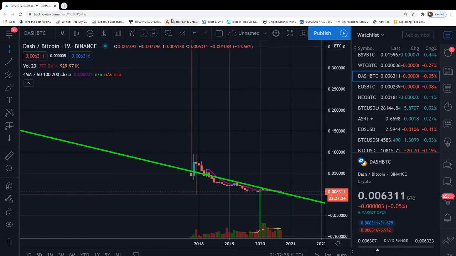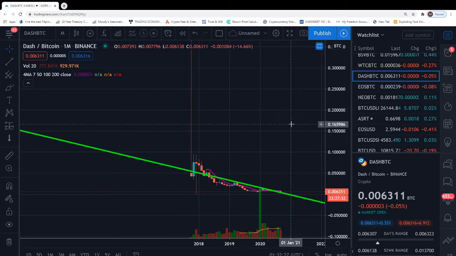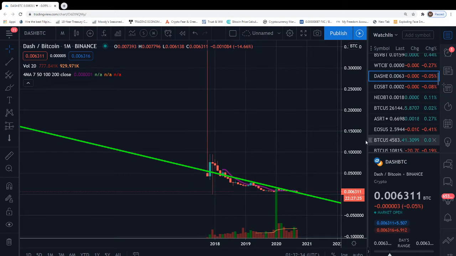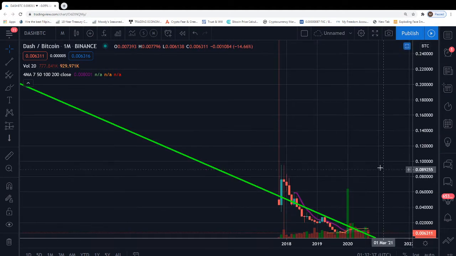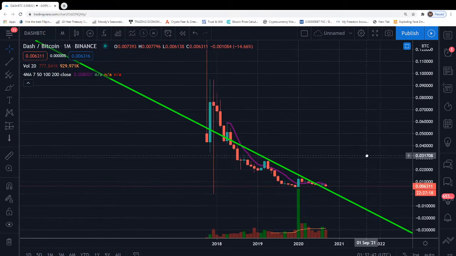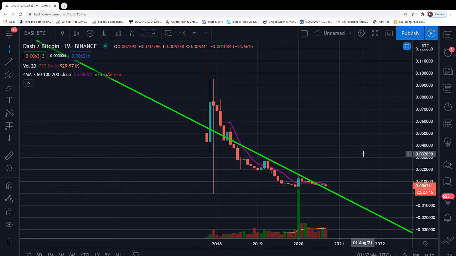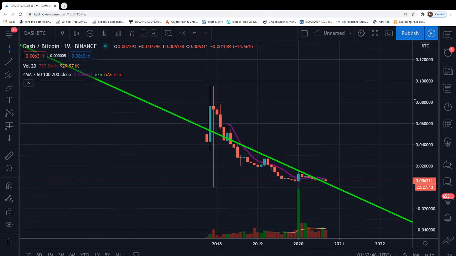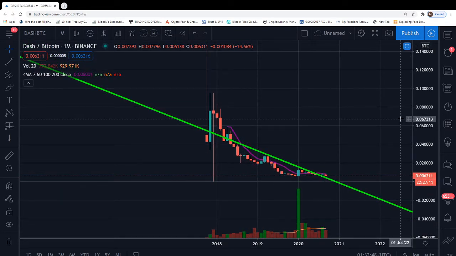Okay, so today's September the 29th, 2020. The current price, or Satoshi value rather, of Dash is going to be 0.006311. Okay, so these are the monthly candles you're looking at. I've been following this for quite some time, and I've noticed that there is a very bullish candle in this chart that's in front of us here. This is from Binance here, by the way.